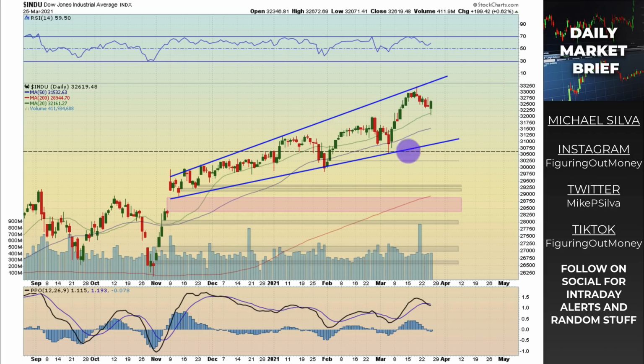The bearish type of pattern that I see is this megaphone pattern, which we've been talking about. If this is a broadening wedge or broadening ascending wedge pattern, it would have to break down through this, and then the target would be this pink box, which would also be a gap fill at 28,500 to 28,750. So that's always a possibility. I don't think it's going to just happen in a day by any means, but we've got to keep that in the back of our mind. If we start breaking down through the 20 and the 50, then we could be a little bit more concerned. But as it stands right now,